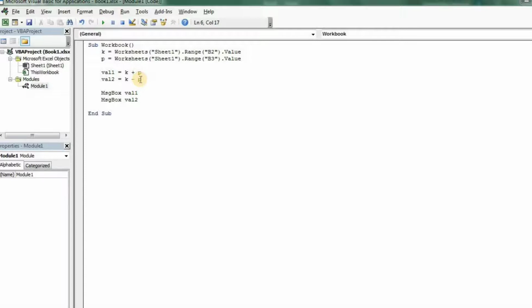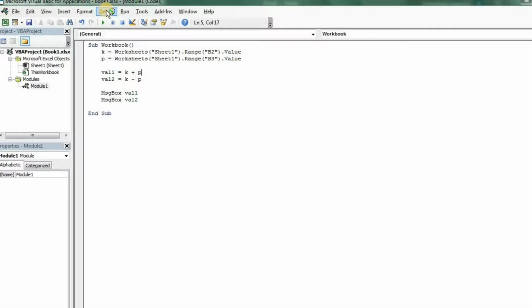If it is a compile time error, we get an error message while writing the code, as soon as we enter a new line. But a runtime error won't show during compile time. Only when you run it will you get that type of error. At that point, if you want to know at which statement your code fails, there is a debug option in VBA.